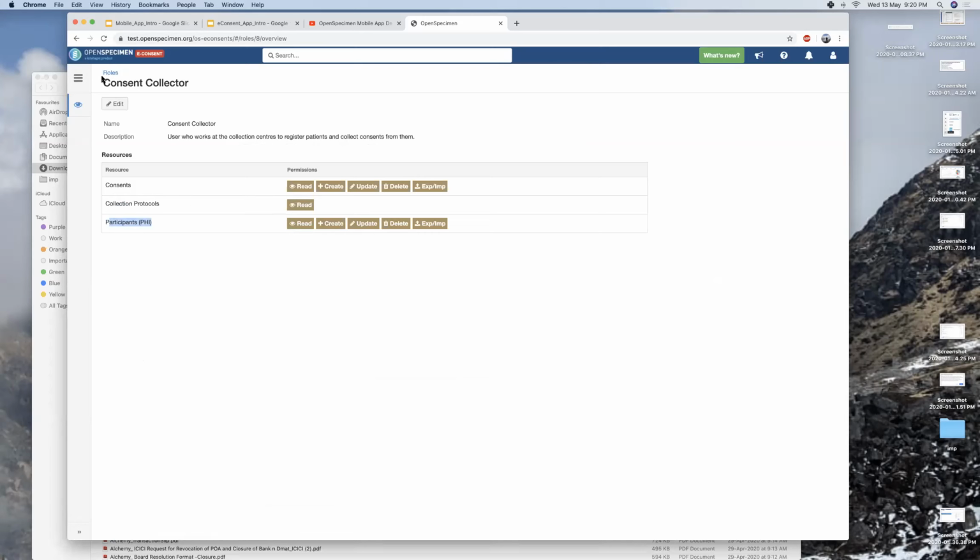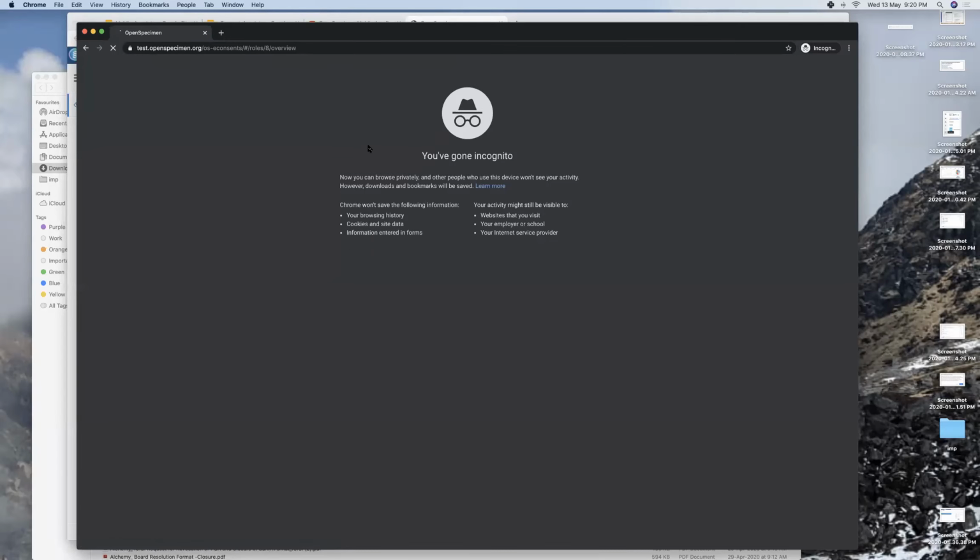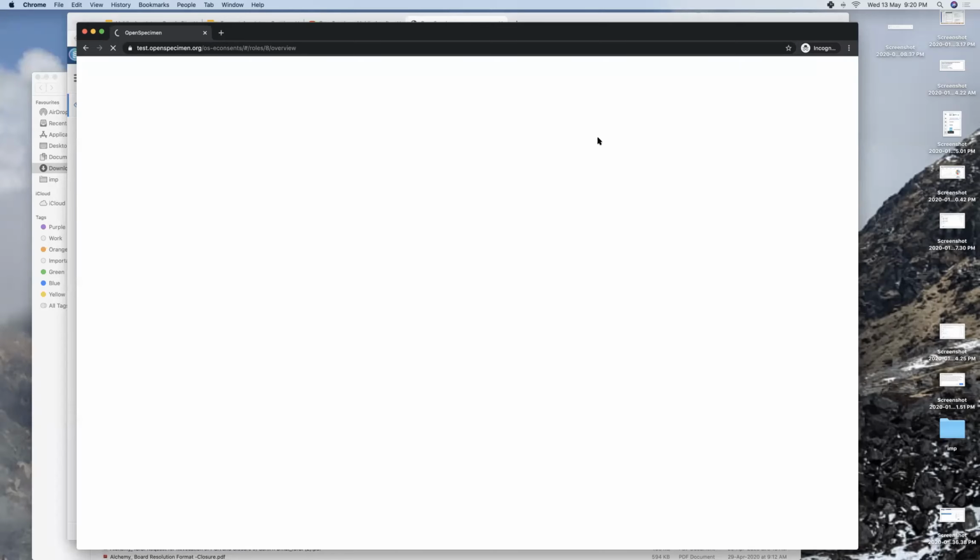So in a different tab, I have logged in as a consent collector. Because I logged off, it went away. So let me open that. They see a very minimal screen, and the only thing they can do is register participants and collect consents.